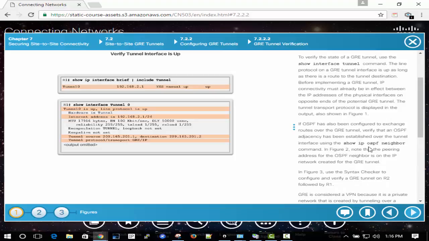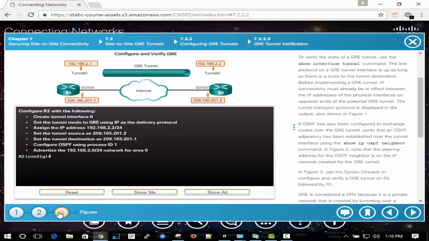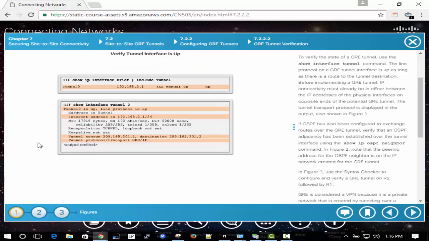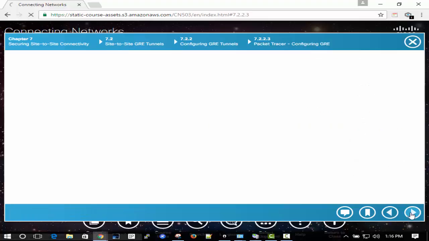If we just can't get across, we want to check our routes. So show IP route, show OSPF neighbors, those kinds of things. But if it's down, we just want to make sure on both sides. We can set these for different protocols and that kind of thing. That's probably your main area where you